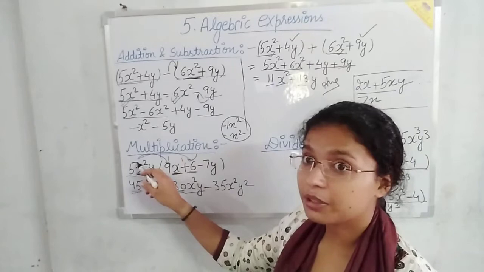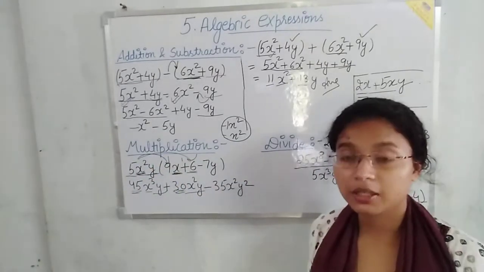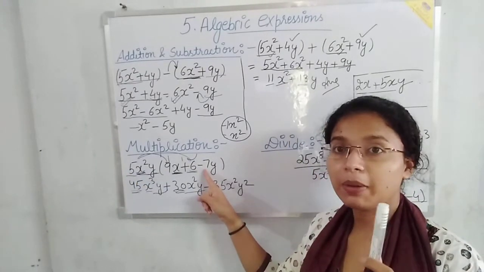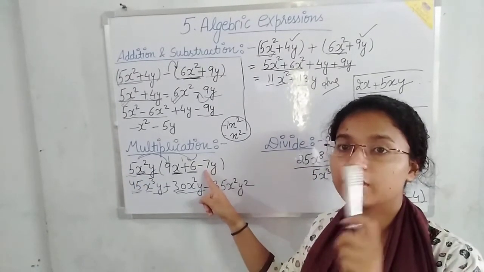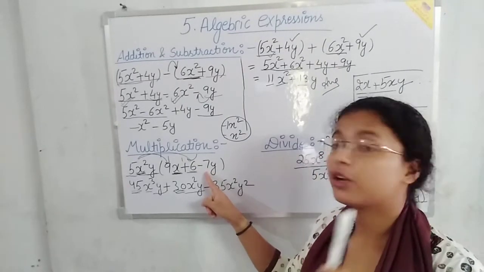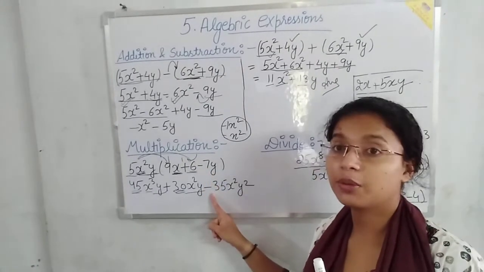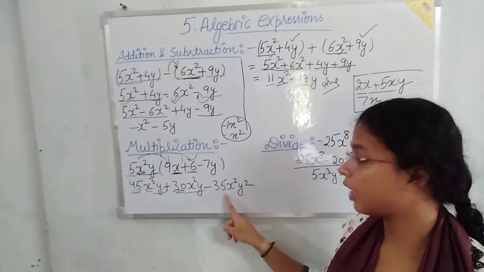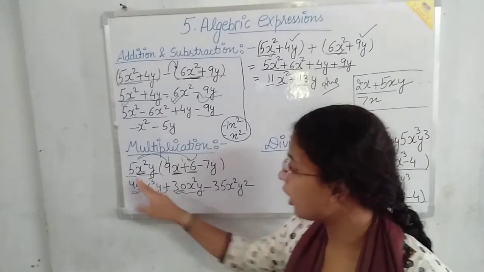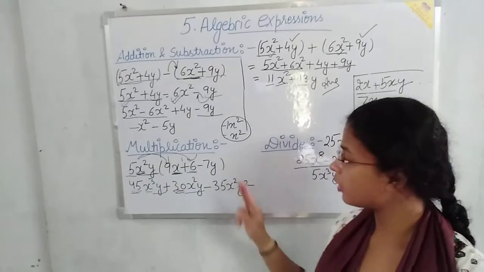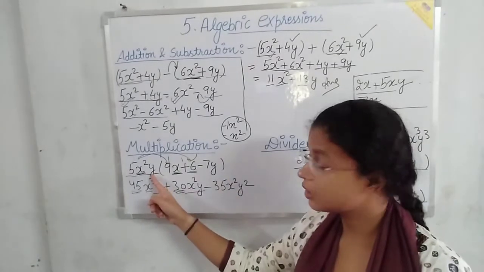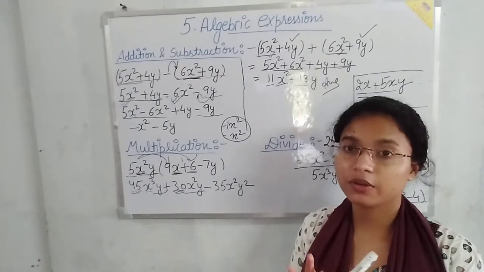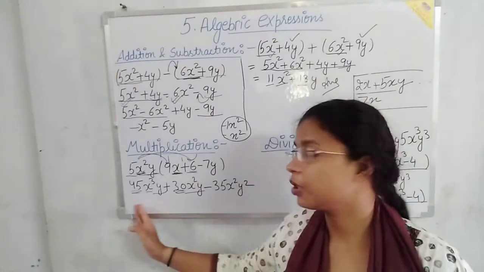Now take the same term and multiply with the last term, but remember the sign here, plus minus. The multiplication of plus and minus will always give you minus. Don't forget about the sign. There will be a minus. Now 5 into 7 will give you 35. Write 35 here. Now x square: no variable is given for it, so write x square only. After this, here it is a y and here it is a y. When you multiply y into y, you will get y square. So this will be your answer.